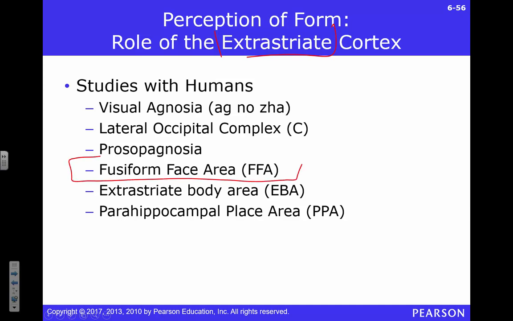But there's an area called the fusiform face area. And in humans, this area really processes faces, right? What's interesting about faces is they all look the same, but they all look different too. They all have the same components: noses, ears, eyes, whatever. If you were a cricket or a frog, or, who likes barn owls? Doesn't really matter. If you're some other species looking at people's faces, you'd think, oh man, all those people look the same.